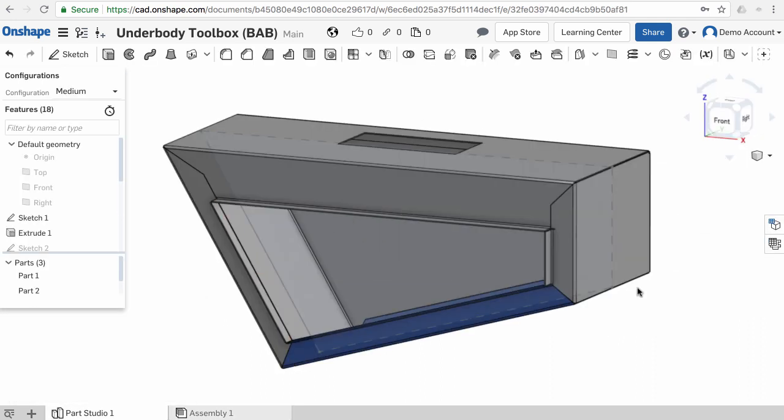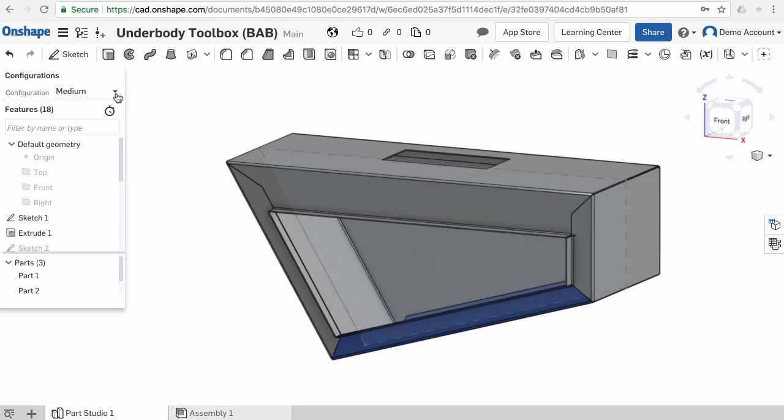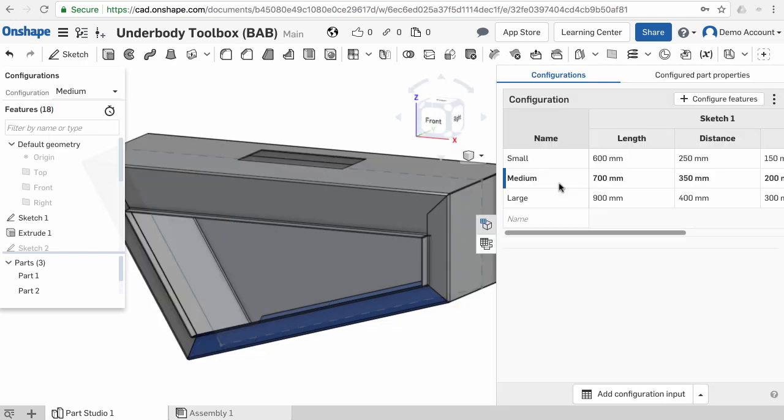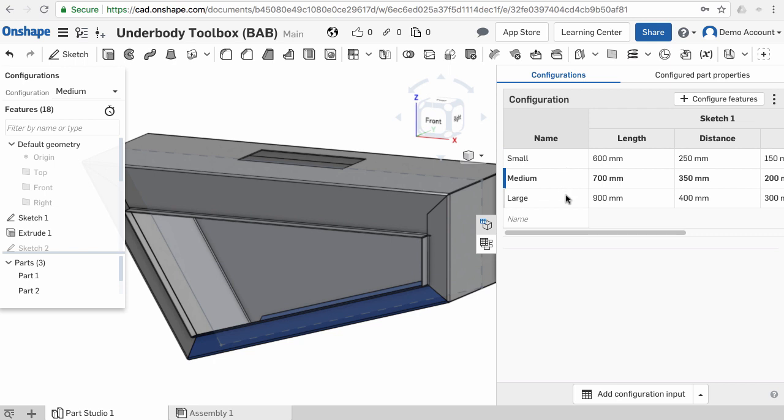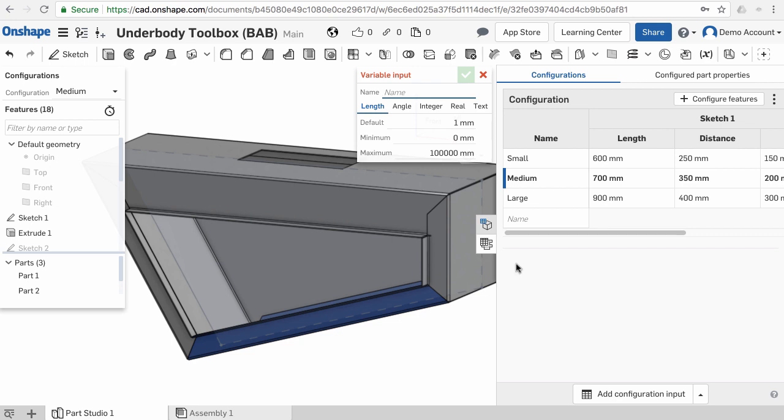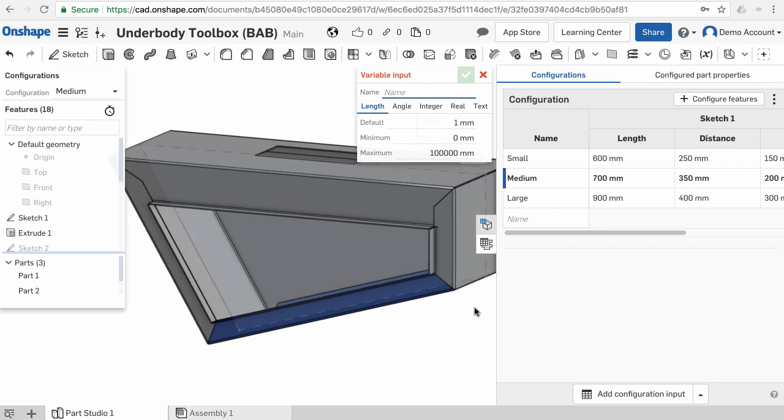Now if we come back into here, we've got our 3 different configurations there. Now what's really cool about configurations in Onshape, you're not confined to purely having a table, but you can also add 2 other options, which is the checkbox, and you can also add a configuration variable. So let's go ahead and we'll add a configuration variable here. We'll add that